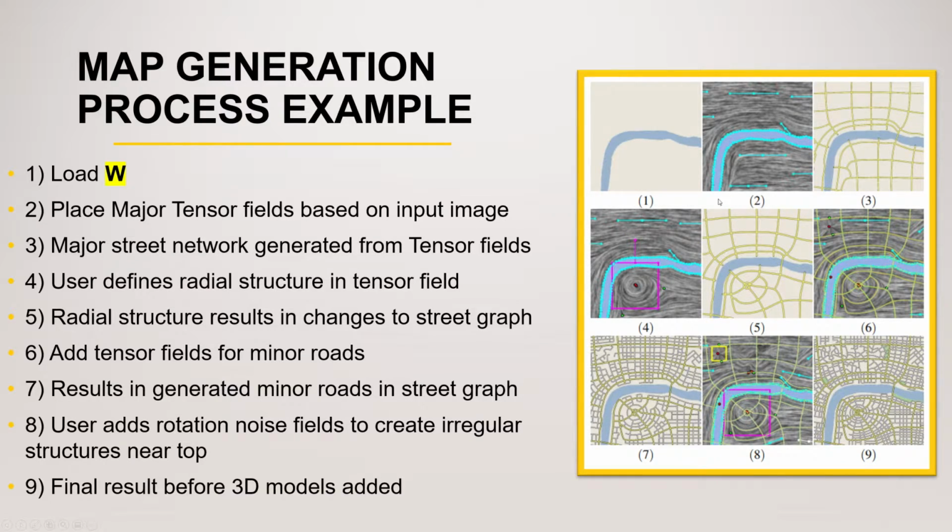I just want to mention that out. Anyways, in the 4th step, there's a whole bunch of different tools. Because tensors are just matrices, you can change the numbers and modify these numbers with maths to create different shapes. In this case, in step 4, the user defines a radial structure in this tensor field around in this